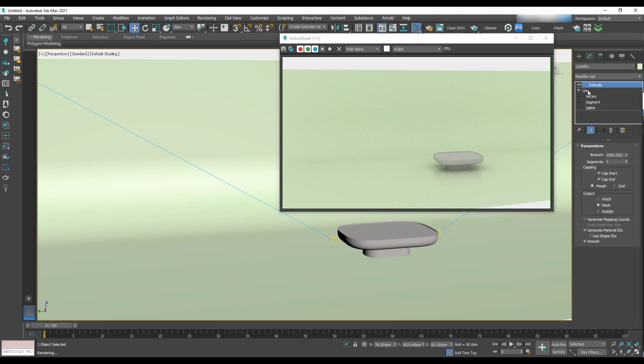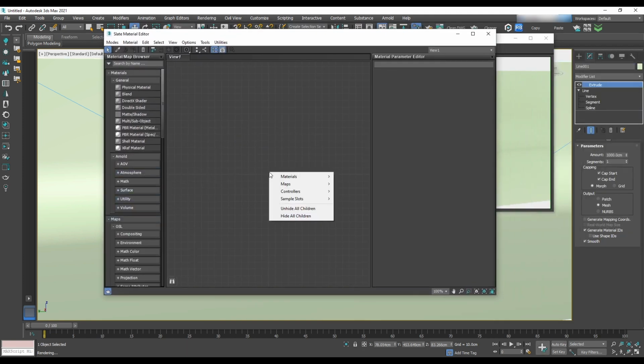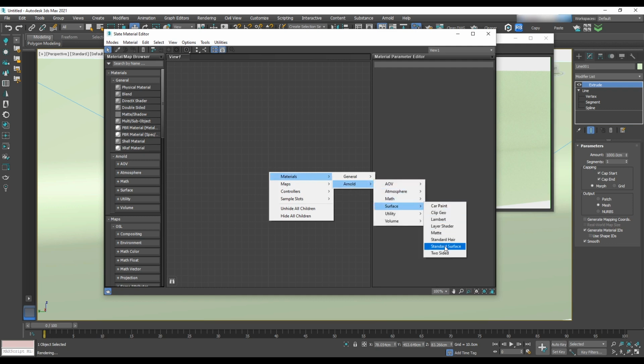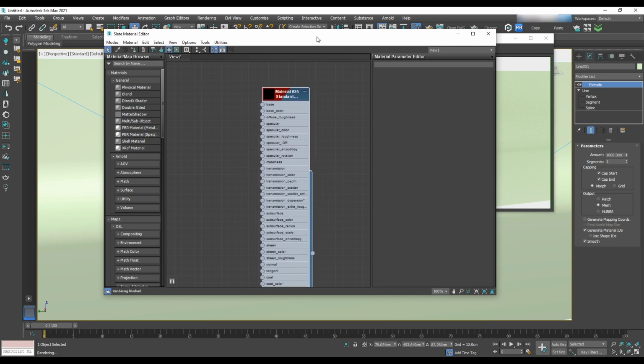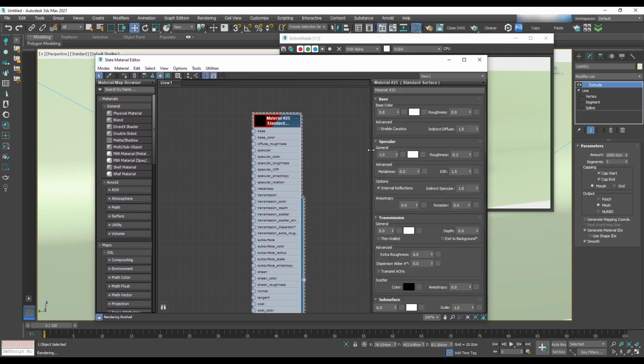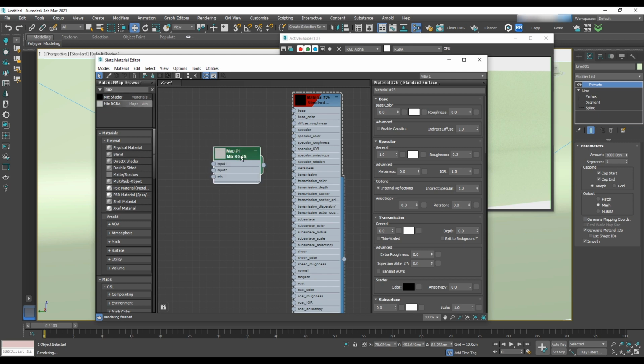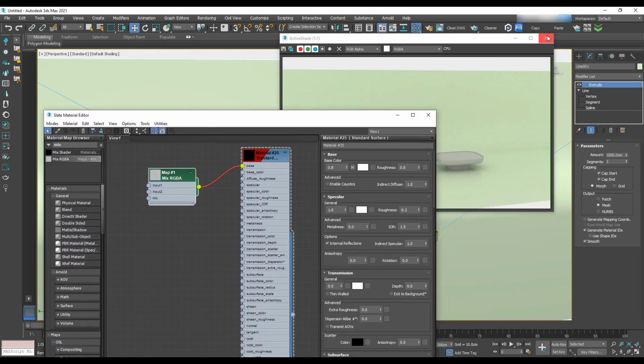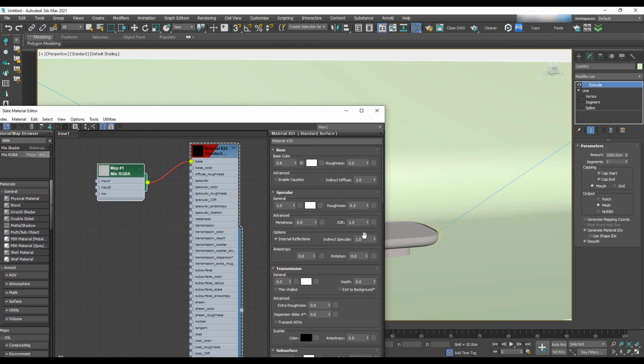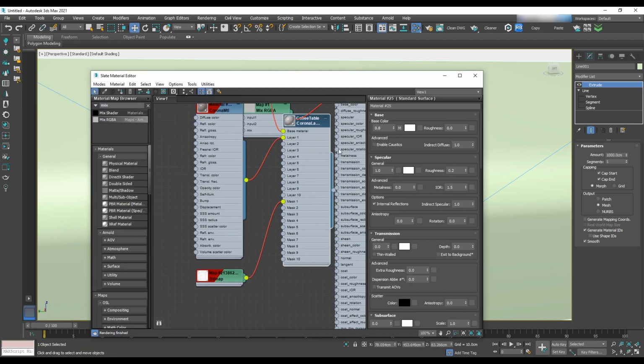Let's add material to the coffee table by opening Material Editor, right-click, Arnold, Surface, Standard Surface. This material is capable of making all different materials by the options that it has. To make the same texture that we made in Corona Render, first write in the search tab mix RGBA and assign it to the base. Then with the eyedropper, get the material from the coffee table to use the third texture for this